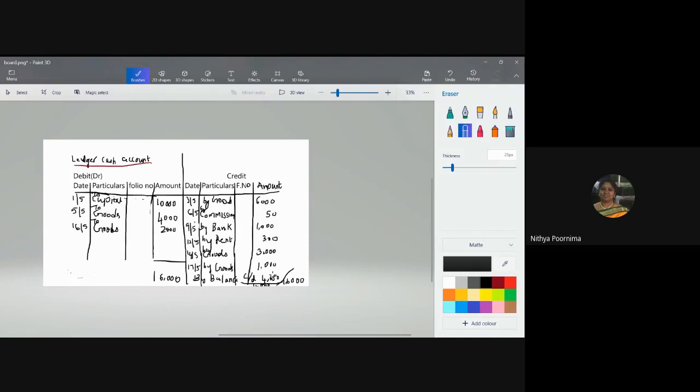Finally, I need to balance the account. To balance it, I'm going to sum up this, and sum up this, right? After summing up, I found this was a little less. So I'm going to find the difference of these two. Whatever is the difference, by balance carried forward 4,650 I'm writing, and I'm balancing my account. Is it clear? Shall I move to the next one? Yes, ma'am. Okay, now I'm going to the next one.